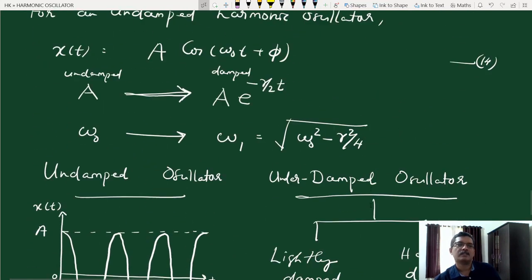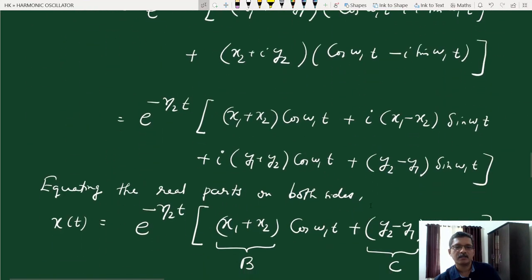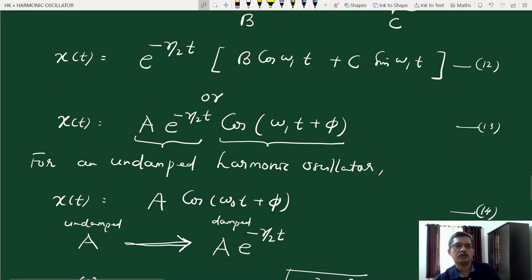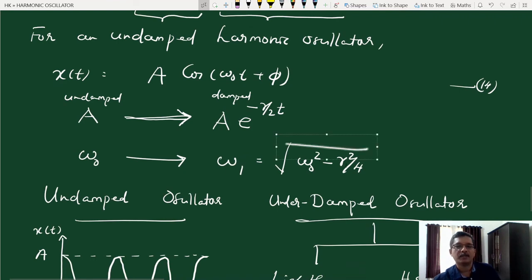This underdamped situation is the more interesting case, where there is oscillation. The solution is x of t equal to a e raised to minus gamma by 2 t cos of omega 1 t plus phi. So it's an oscillatory solution, except the amplitude part is exponentially decreasing. It's no longer a constant. And also the frequency is no longer the natural frequency. It contains both the natural frequency as well as the damping term, root of omega 0 square minus gamma square by 4. So this is our discussion on